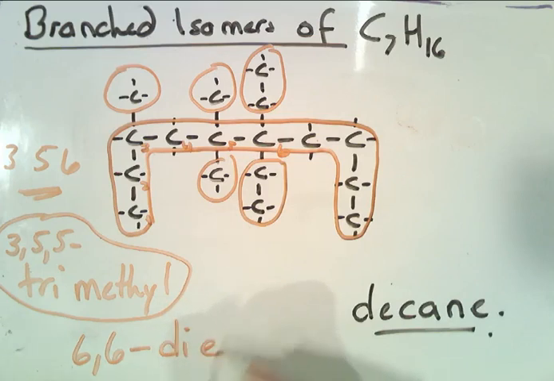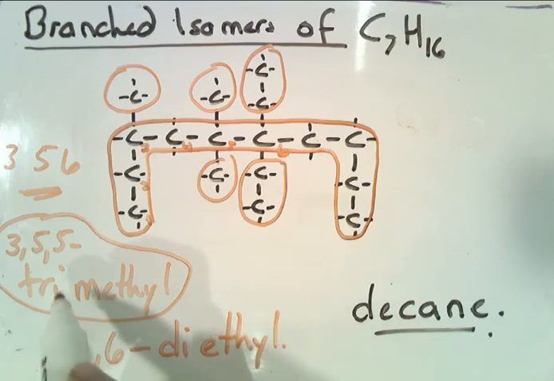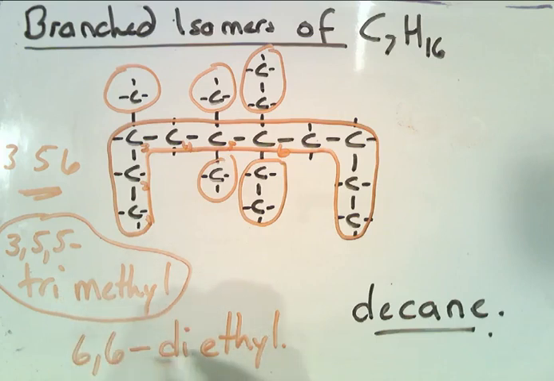So we have diethyl. Now you're probably wondering why I haven't just written it 3,5,5-trimethyl 6,6-diethyl decane. Why didn't I just write it in the line? So the thing is, when we've got multiple groups at the front, we put the multiple groups in alphabetical order. So we're looking at this to work out the alphabetical order, not the tri or the di. So E comes before M, so it's 6,6-diethyl